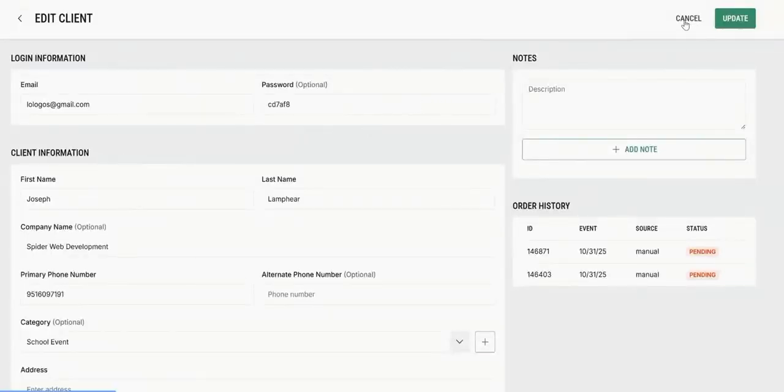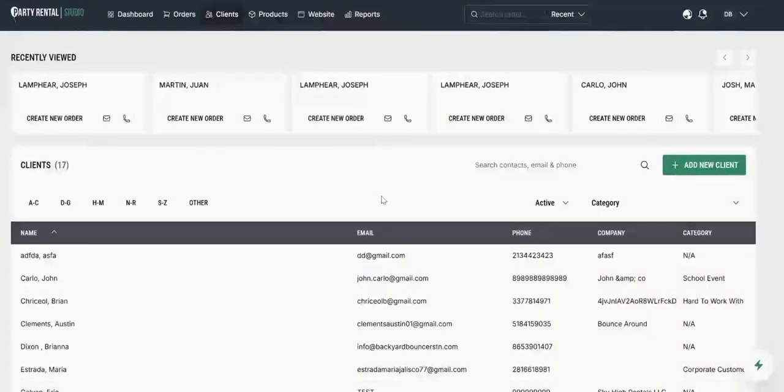So I don't need to save anything we've done here. I'll just go ahead and hit cancel. We'll go back. That was our customer screen itself. Back here on our CRM,